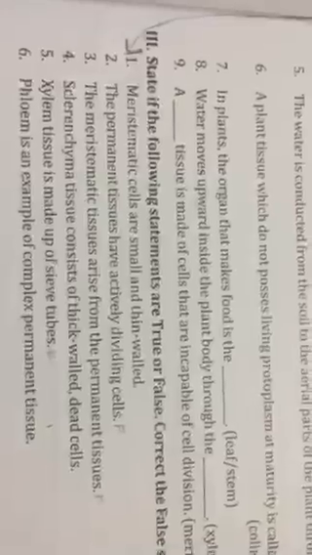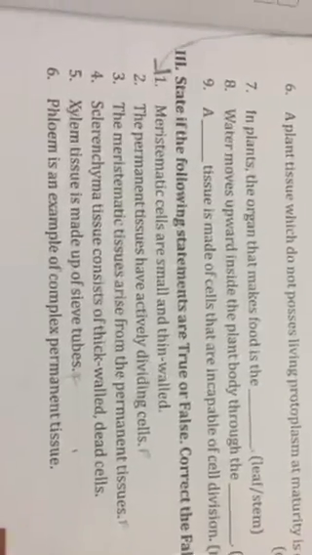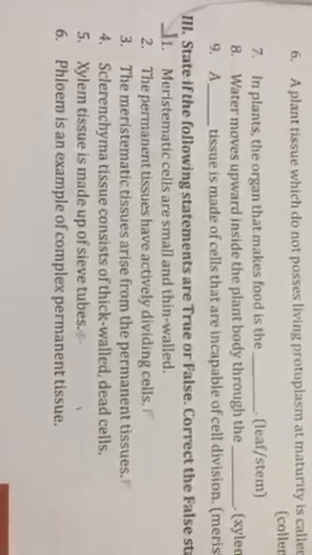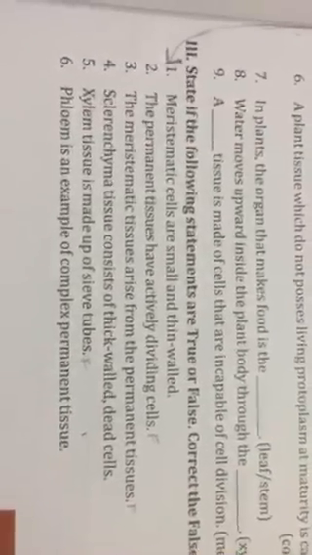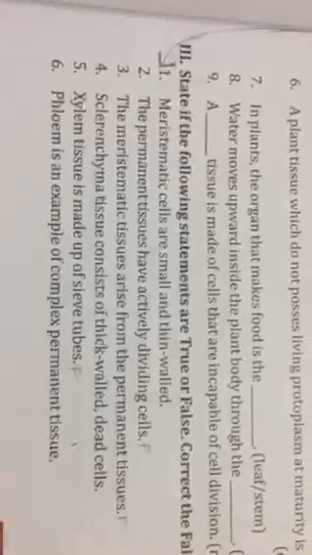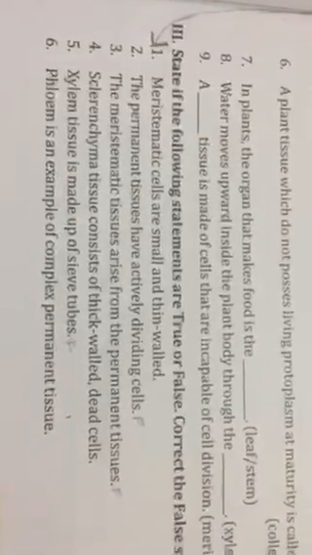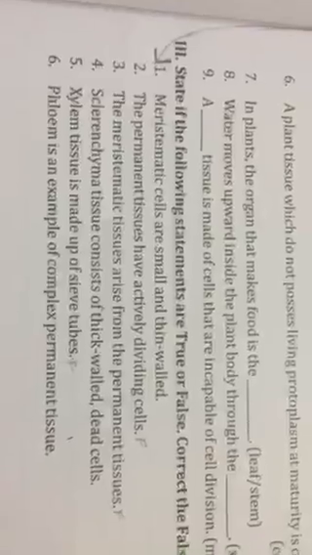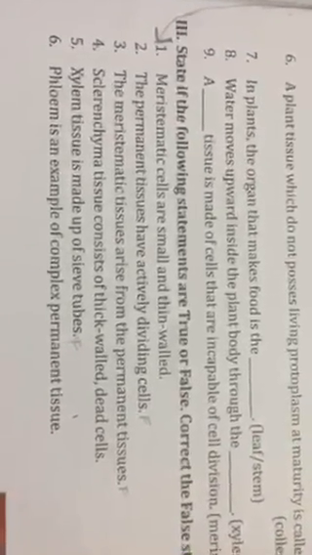I am giving just a pause command so that you will note down. Here true or false, there are 6, and 3 are false. I marked for you. The permanent tissues are actively dividing. It is false because meristematic cells are the only ones dividing. And the next one is question number 3. Meristematic tissues arise from